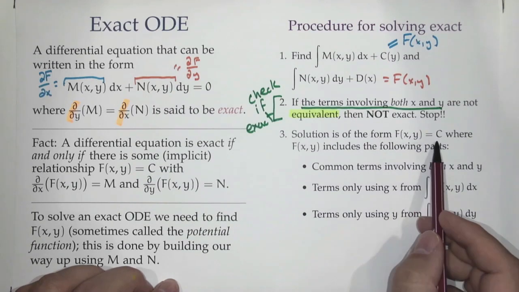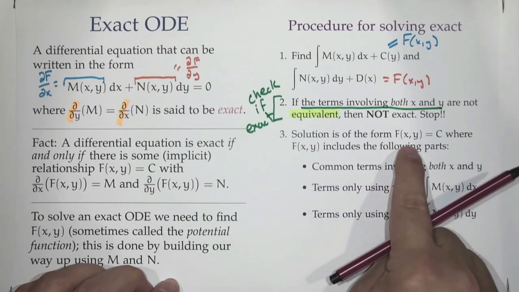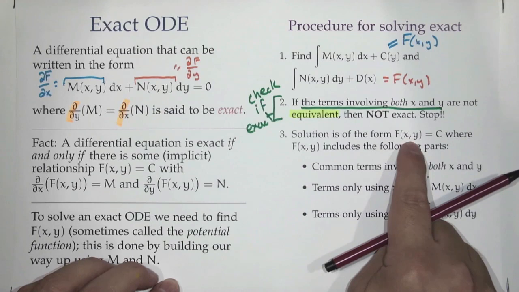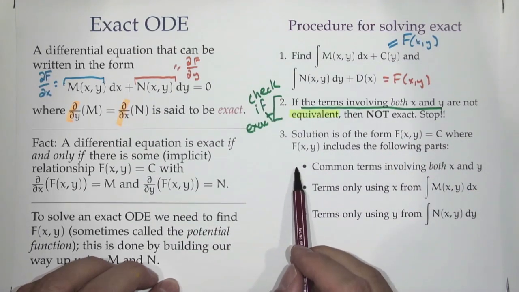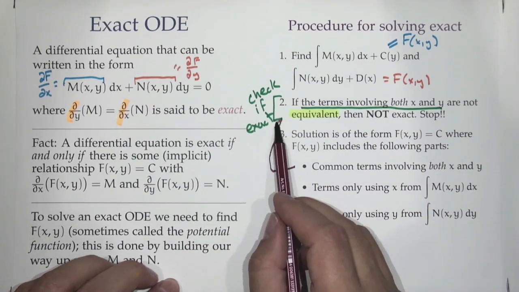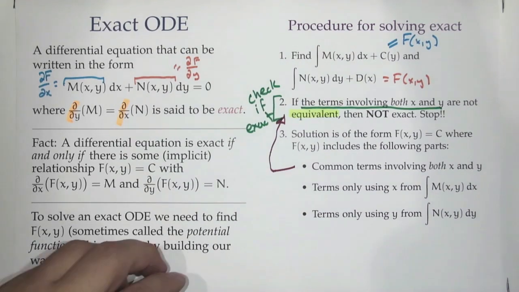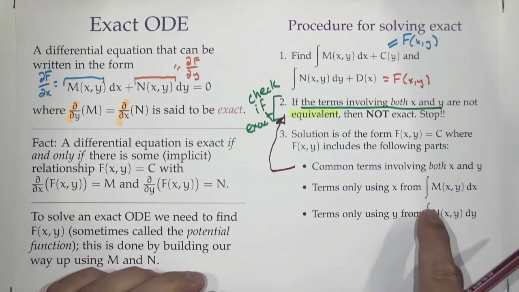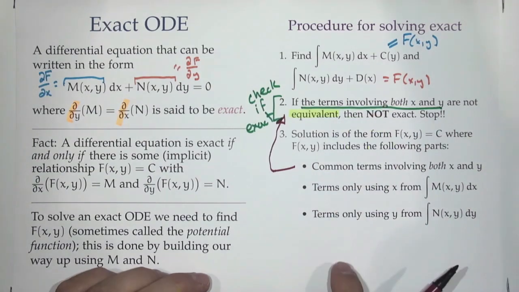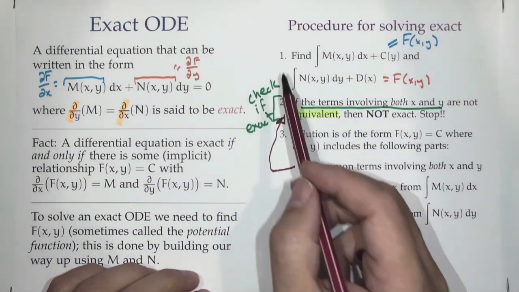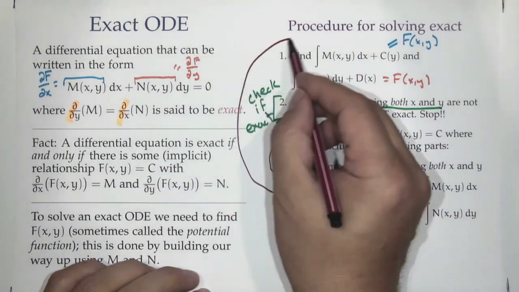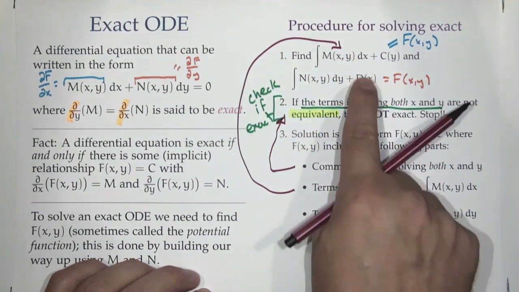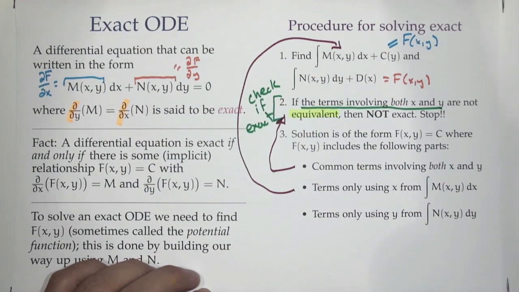It's going to be f of x y equals c. And we say, all right, I have to form the f of x y part. There are three things. There's the common terms. So the common terms, that's what you found in step 2. Things that involve both x and y. You add that to f of x y. And now you say, okay, what about things which only depend on x? For things that only depend on x, you go to the integral where you integrate with respect to x and grab those terms. For the things that only depend on y,